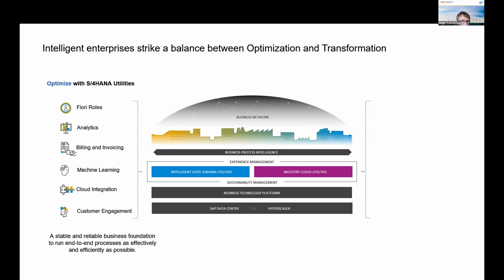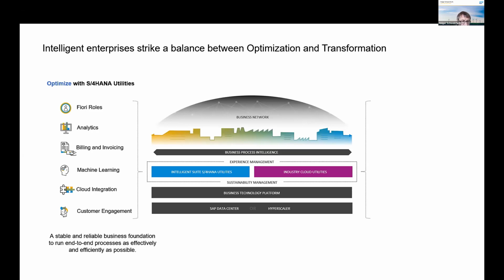Whether it's any kind of user experience, the new Fiori roles for the different markets, roles that we have on metering, on billing, on asset management, etc. The embedded analytics for the entire meter-to-cash process. New things on billing and invoicing, specifically also through our ongoing customer connection programs or projects. New technologies on machine learning, for example, the handling of implausible meter readings or outsorted billing documents through machine learning scenarios. But of course, also this topic around cloud integration.